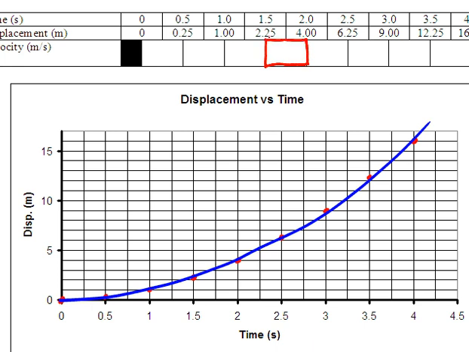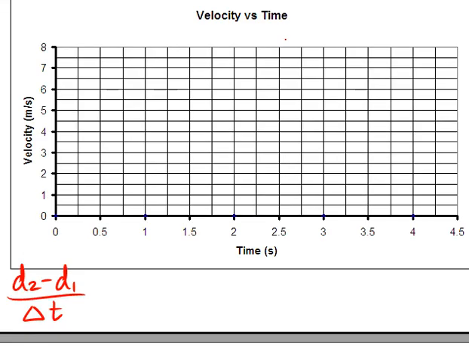Right there. When I say d2, I'm simply talking about the number that is on the right-hand side. You can see this box is straddling two different displacement values. So d2 is not the bigger number necessarily, it's just the number on the right, minus d1, which is the number on the left. So it's 4 minus 2.25. So let's put an example in there. 4 minus 2.25